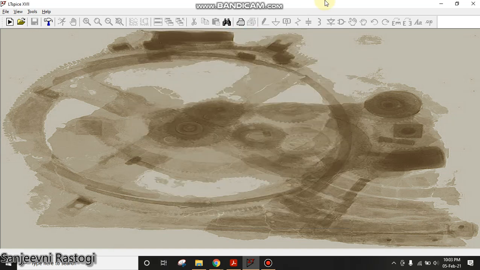So today I'm going to show you how we can simulate two input basic logic gates in LTSpice, and we are going to see the simulation of two input AND gate, OR gate, NOT, XOR, XNOR, NAND and NOR. Here I will take only two voltages, that means only two input basic gates we are going to simulate. In one circuit only, I'll try to show you how we can get the output of all the logic gates. So let us start with the new schematic.